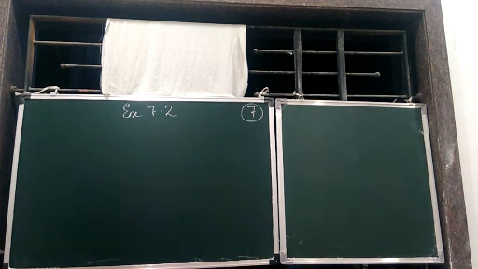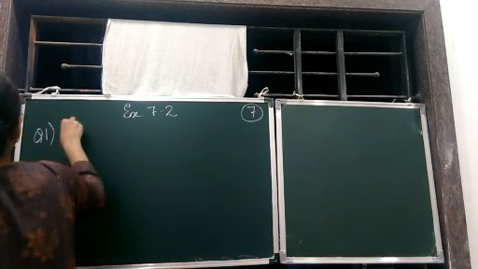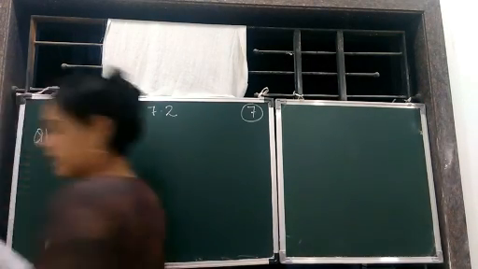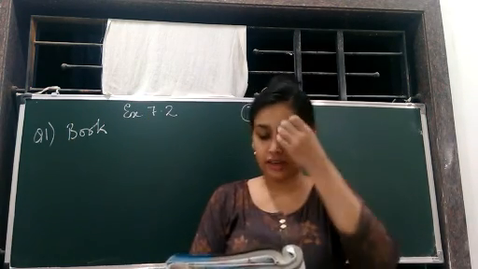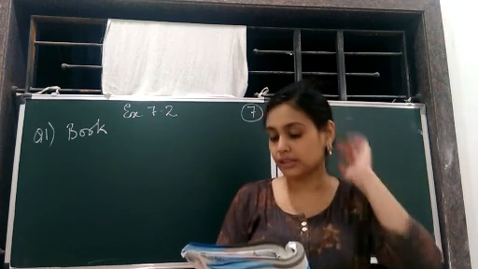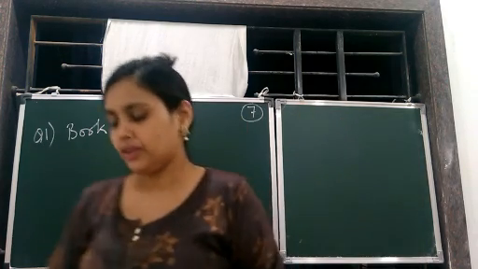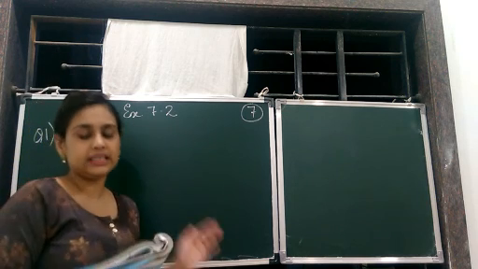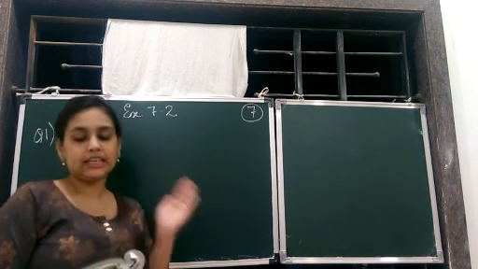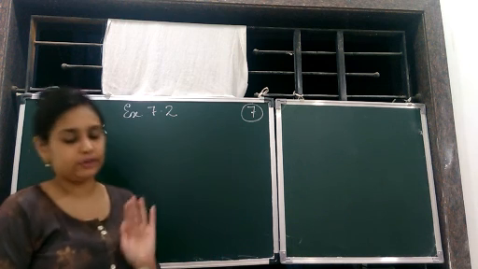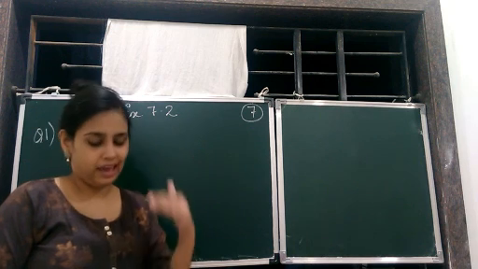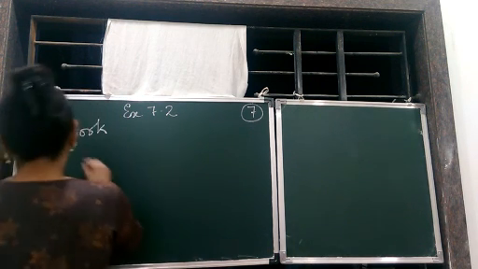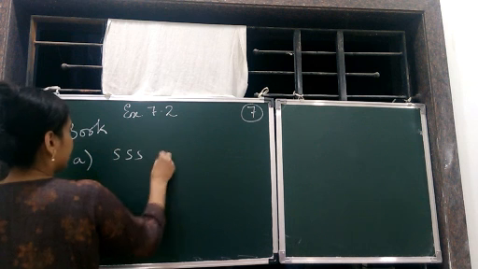We are starting with exercise 7.2 today. Question number 1, which we are going to do in book, children, because we have to only tell the name of the property, which congruency criterion you use in the following. So the first one, it is given AC is equal to DF, AB is equal to DE, BC is equal to EF. Okay, all are sides. That means which congruency? SSS. So there you can write SSS congruency.